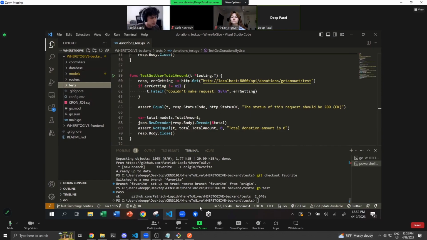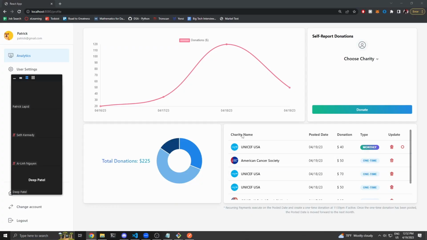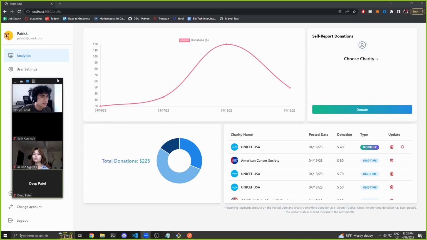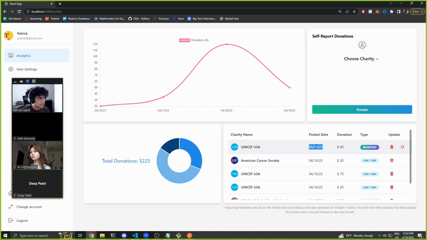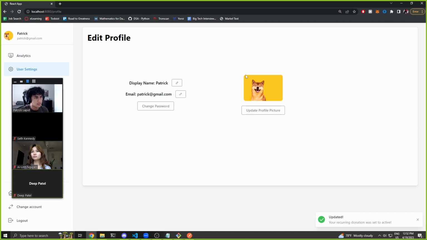All right, thanks, Steve. I'm gonna pull this back into the front end. Okay, so like Deep said, the cron job that runs at 11:59 every night corresponds to this monthly donation. The recurring payments execute on the posted date and create a one-time donation at 11:59, and once the donation has been posted, this posted date is then moved to the next month if this is active. I'm going to bring us over to the user settings,